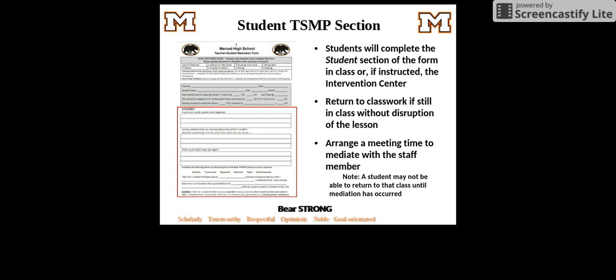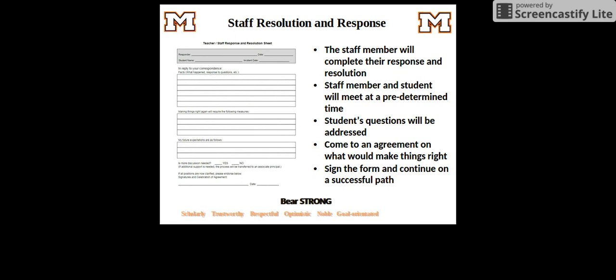You can also see on this screen, the staff member has a responsibility to respond to the student's comments and questions. One of the best things that the other high schools have observed about this mediation process is that the student and teacher really get to hear from each other directly about whatever breach or issue has occurred, and clearly establish their future expectations in the classroom without a school administrator getting involved. This goes a long way in maintaining positive communication between the student and teacher, which is very vital to keep a positive relationship on campus.